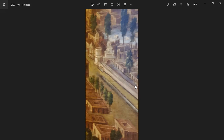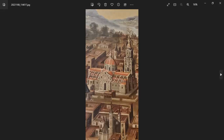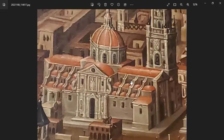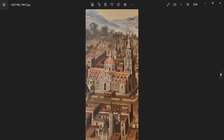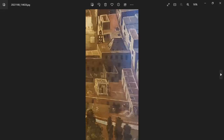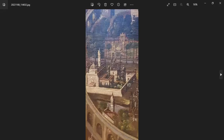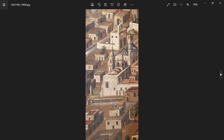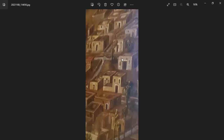Here we can see, I took the pictures, details of the map. These are artificial canals. So in 1700, they had artificial canals. And look at the churches. All these churches are still on today, a few hundred years old. They have hundreds of churches in Mexico City. And if you take a hop on, hop off bus tour, you can actually pass through. Most of them are still maintained as churches. So we see canals, we see bridges,